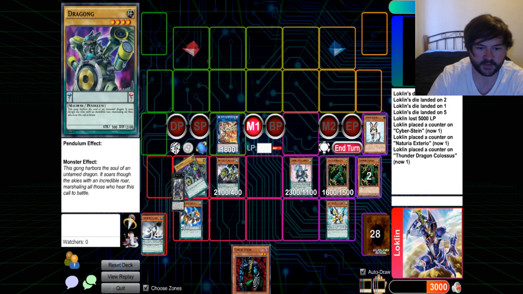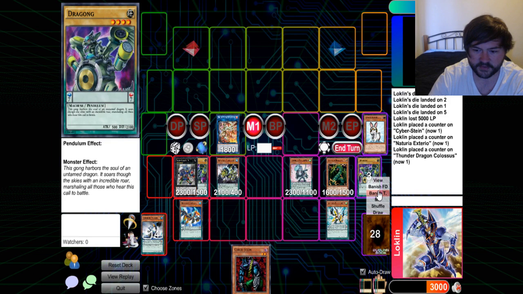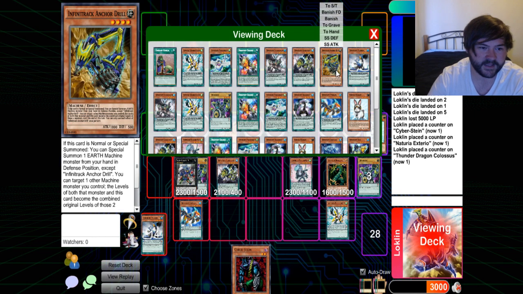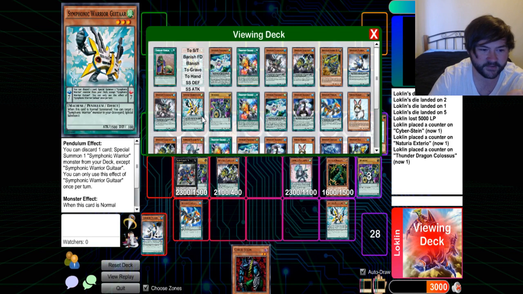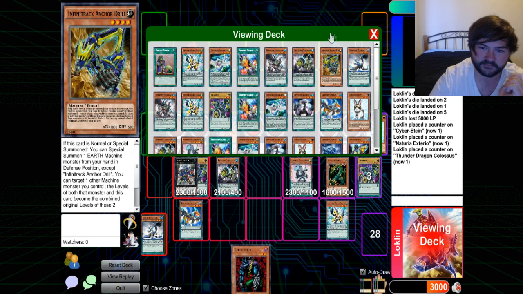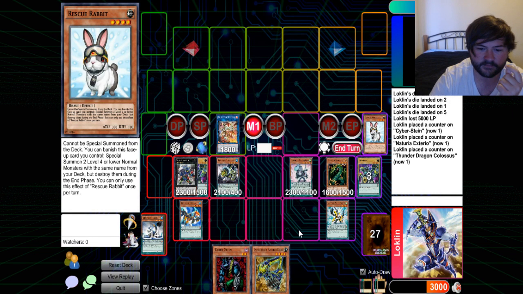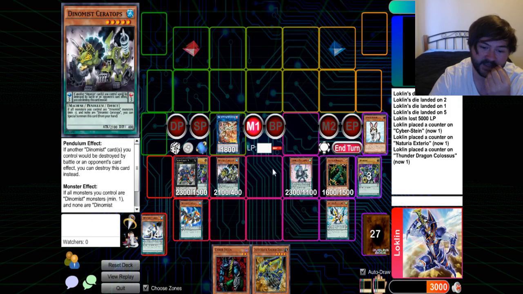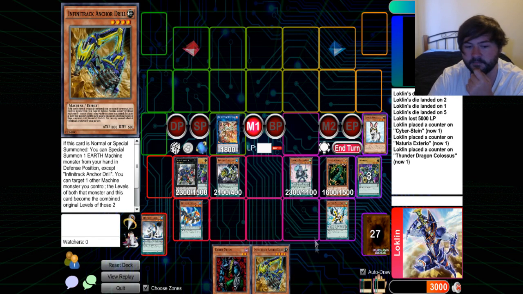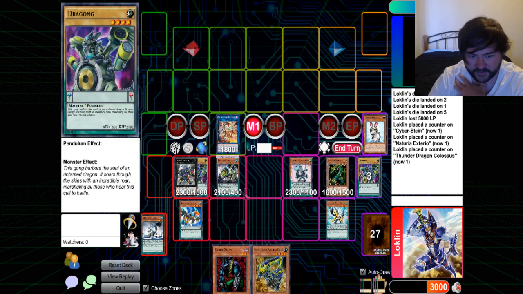But yeah. So with this one, you basically can search out any level 4 in your deck besides Rescue Rabbit. This one's probably the best one to use, I'd wager. But it's completely sort of up to you which one you take. For the sake of this, I'm going to use this one. Because this still gives me the option here of, if I wanted to switch up what I did this turn, I could now just go into VFD. But instead, I'm going to link